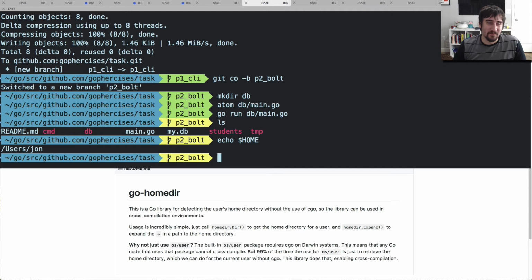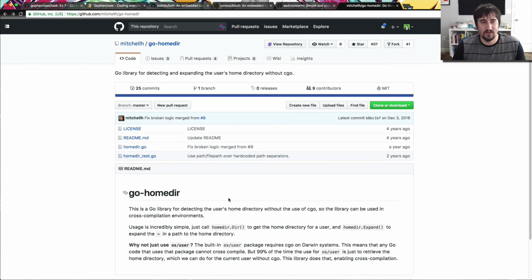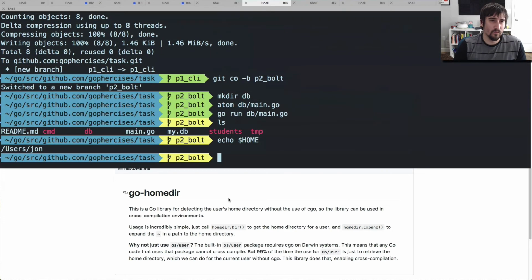But in Windows is the big thing where it's going to be very different. And this is especially concerning depending on how the computer was set up, what the drive letter is. There's all sorts of things that could change this. So rather than trying to figure it out for every different operating system, the entire goal of this package is to just figure out the user's home directory and then give it to you in a way that you can use it easily. So we're going to be storing our database in the user's home directory because we don't want